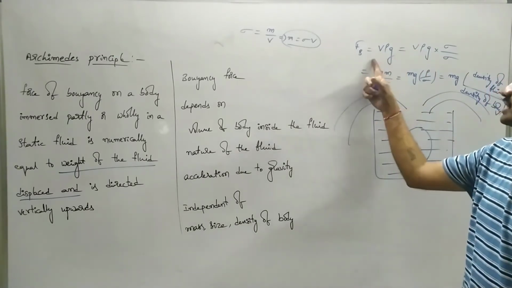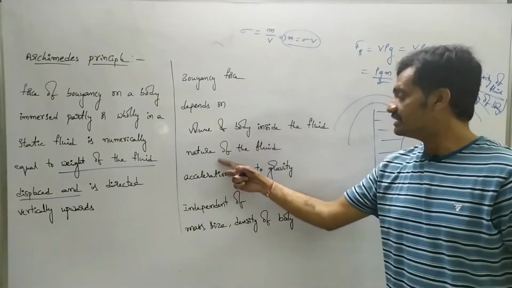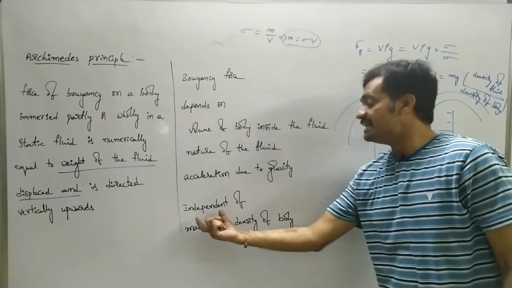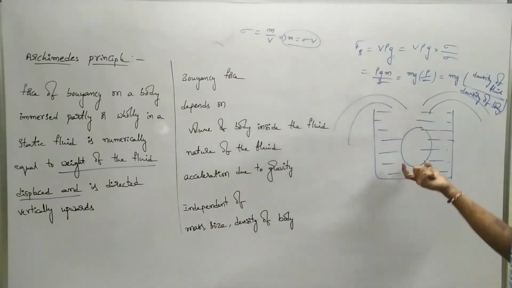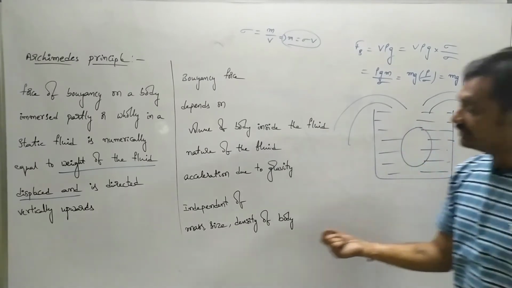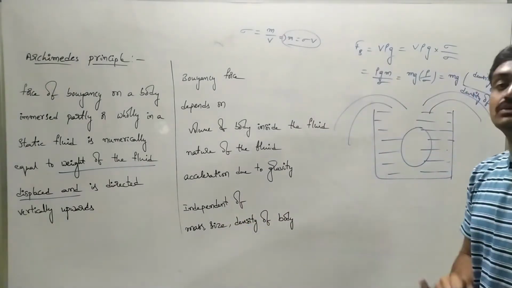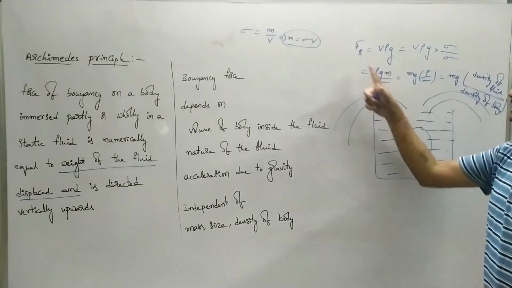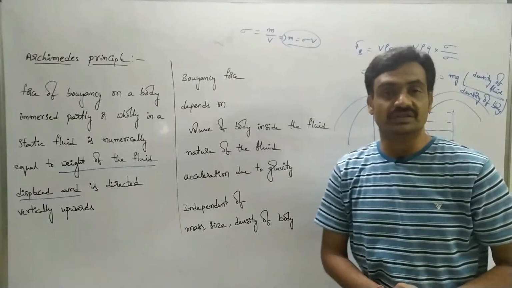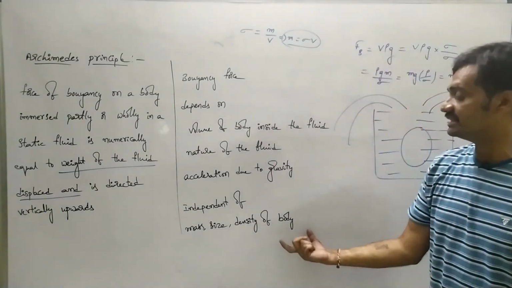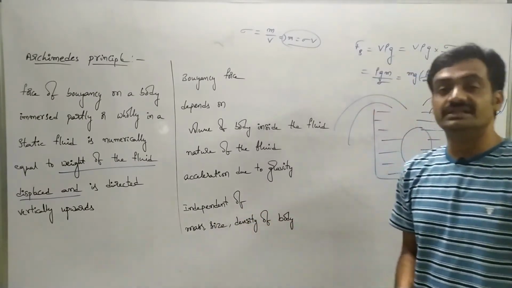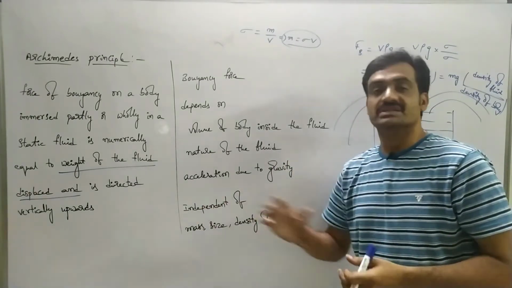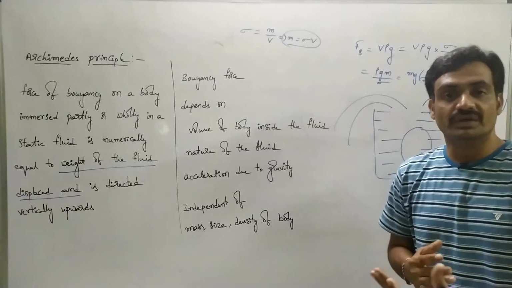Since we consider V rho g, here it is depending upon the volume of the body as well as the nature of the fluid and acceleration due to gravity, whereas this buoyancy force is independent of the mass of the body as well as the size of the body. Here it is not going to depend upon the size of the body as well as the density of the body, because buoyancy force always depends upon the density of the fluid, not on the density of the body. So based on that, it is independent of mass, size and the density of the body. Based on this buoyancy principle, now we are going to represent the relative density of a body.